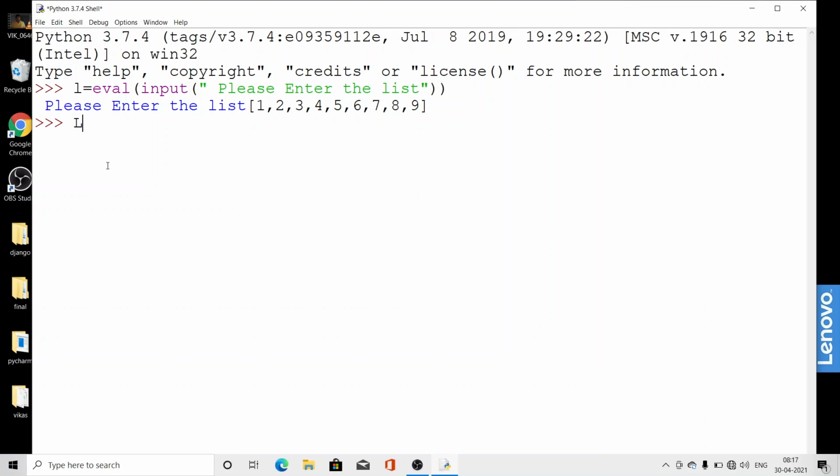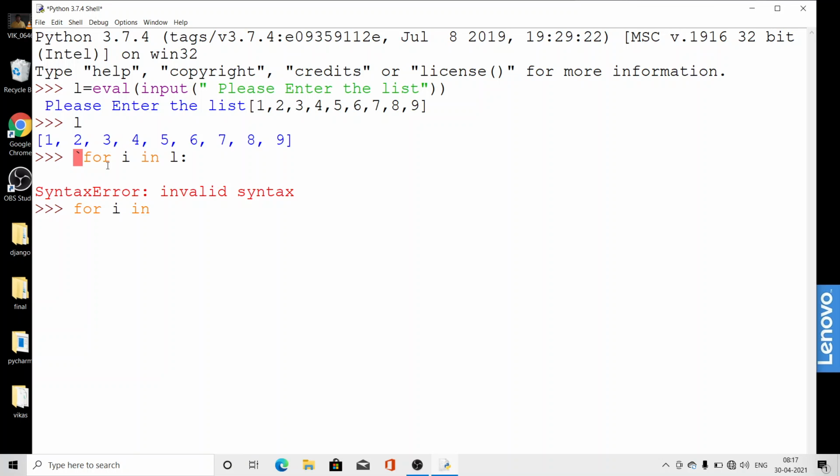Now present here L. Clear? If we want to access one value at a time, for I in L, and then print I. Look here, it displays one element of the list at a time.